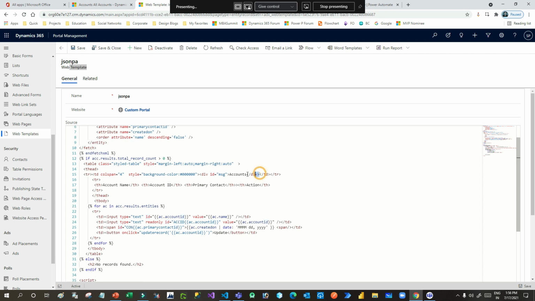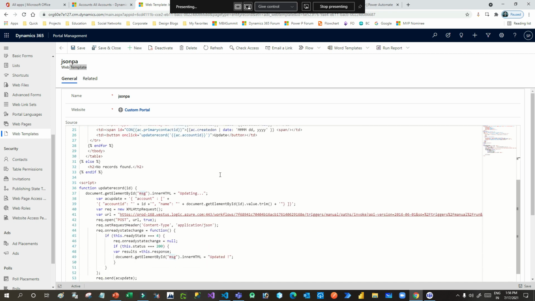I have taken a division here to display the status of the update. Whenever you click the update button, it calls Power Automate, and Power Automate does the action, and once Power Automate sends a response, what is the response that I need to display here, right? That's why I have taken a division here with the ID msg.